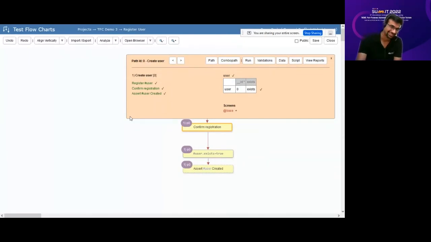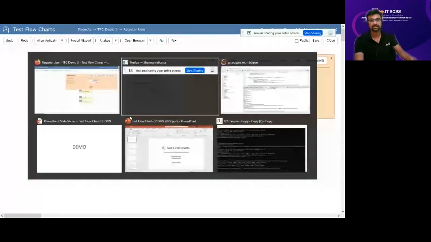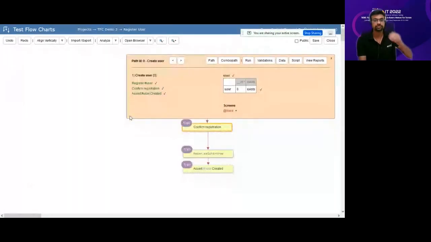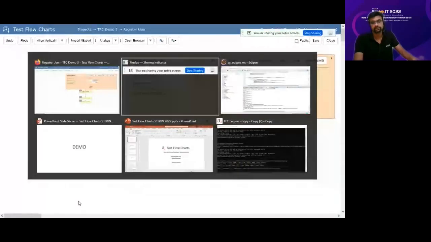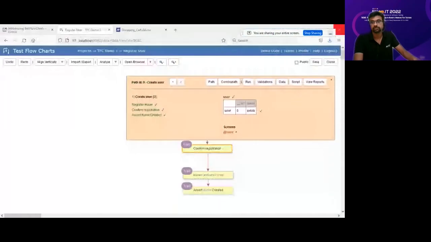I think if it is path testing about the code, then whatever I have seen in the tool is more about the behavioral model rather than going to the code level. Is that correct, Narayan? This is functional testing of the user interface. Yes, this is functional testing. So that is what I'm saying. It is very much creating the model of the behavior of the system rather than going into the code. Correct. Path testing is generally very much associated with the code.